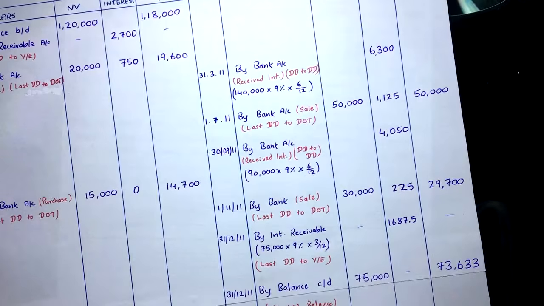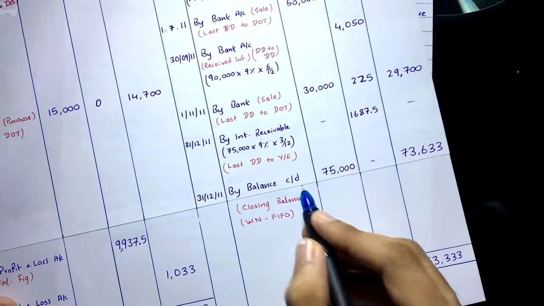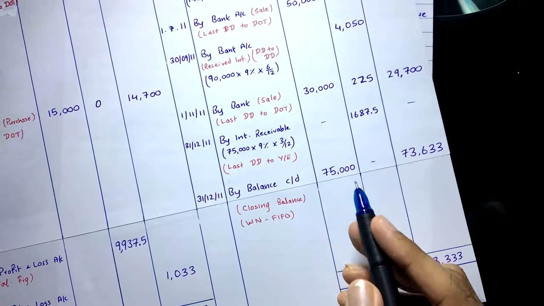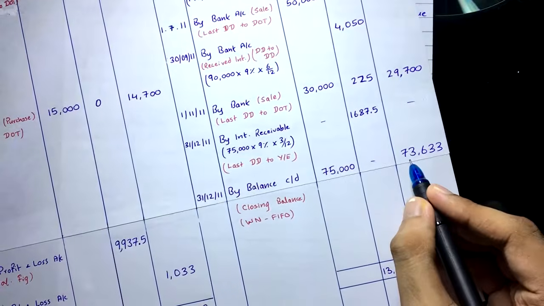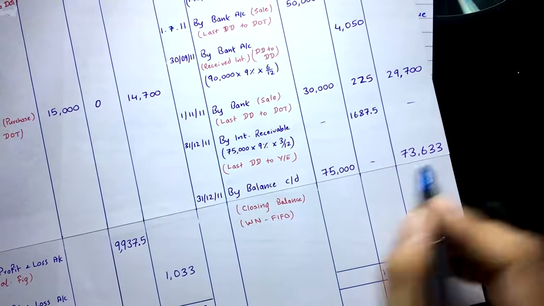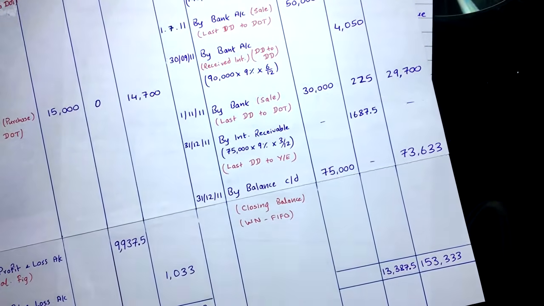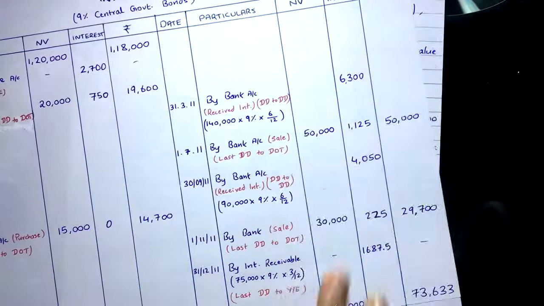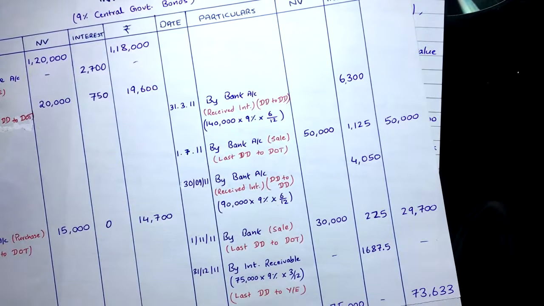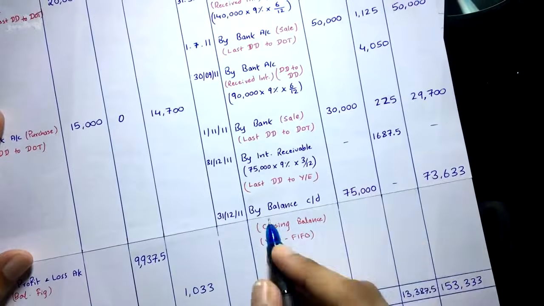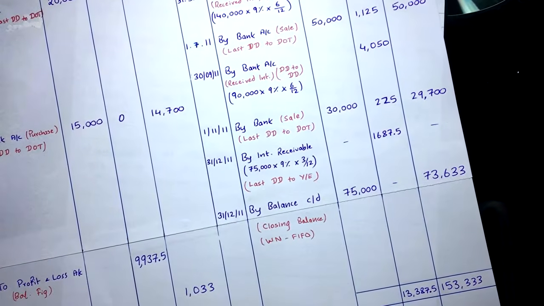And then you are going to take the value of the closing stock, right? By balance C by D, 75,000 is the face value, and the value of the closing stock is 73,633, which you just calculated as per the FIFO. So this will go over there, in the investment column. So now, after doing the interest receivable, the closing balance, and the valuation of closing stock, what you have to do now is tally this account and find out the balancing figure,